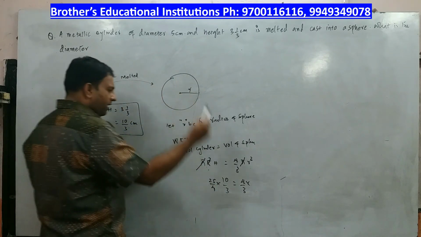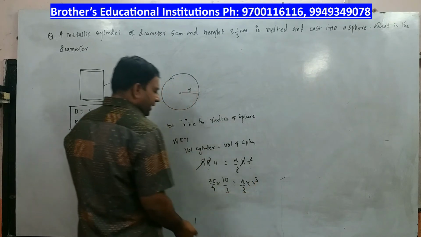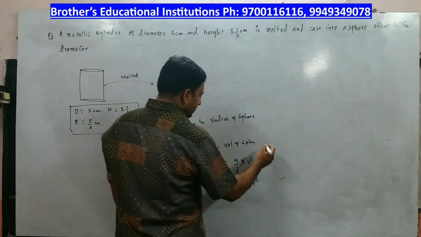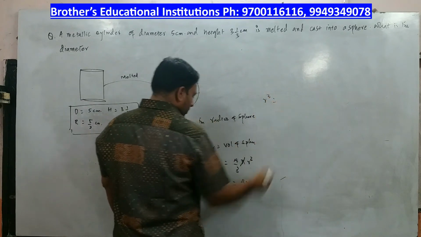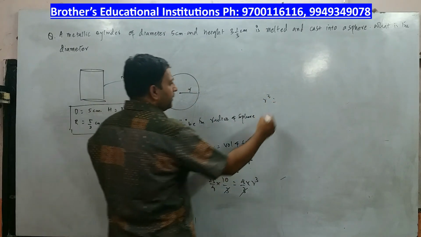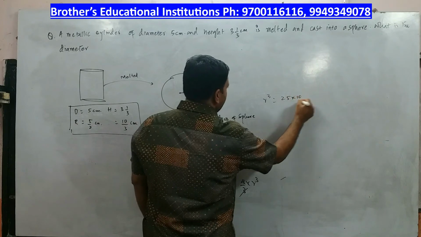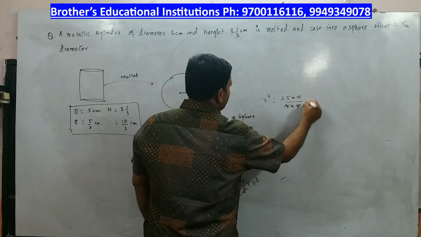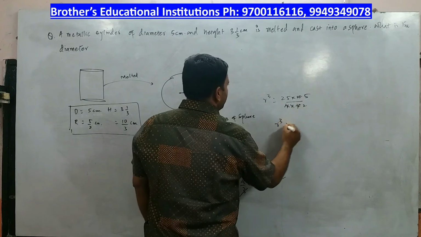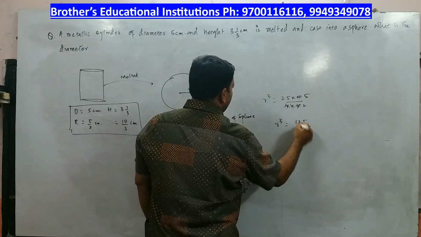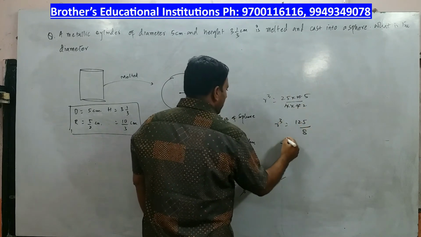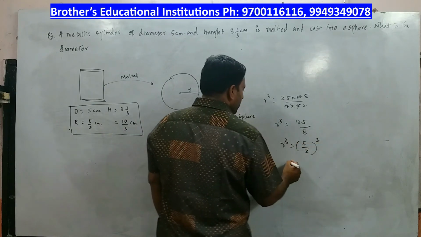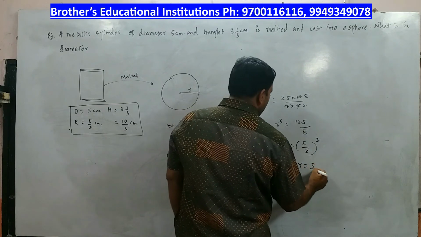r cube. We are supposed to find r cube. Any cancellations? 3 cancel. Now I will write this as r cube is equal to 25 into 10 by 4 into 4. 4 into 4. 2 2s are 4, 2 5s are 10. r cube is equal to 25 5s are 125 by 4 2s are 8. So r cube is equal to 5 by 2 whole cube, or therefore r is equal to 5 by 2.